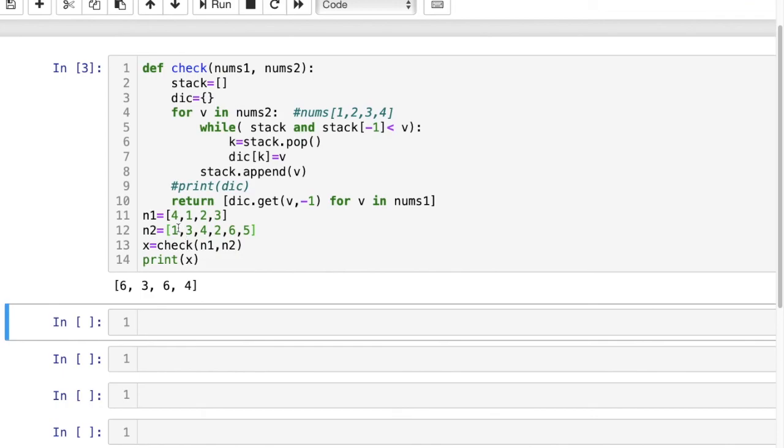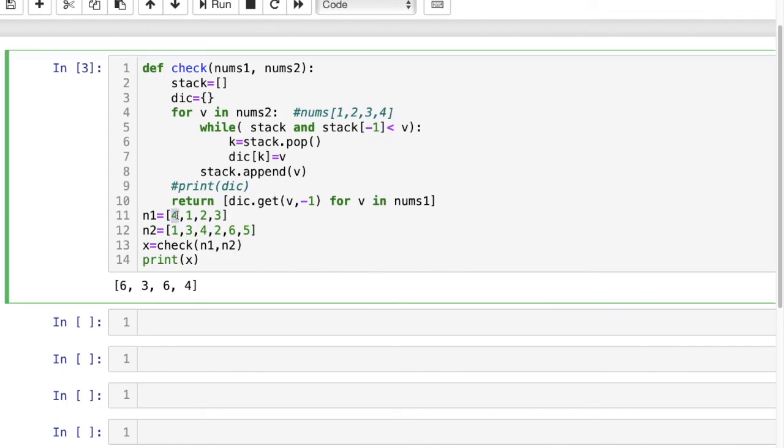For the initial 4, my answer will be 6, because for this 4, the next greater is 6. So 4 is done. For 1, the answer is 3. For 2, the position is here in my array2, and the next greater is 6, so it is returning 6. And for 3, you can see 3 is present over here, and the next greater is 4. So it is working fine.